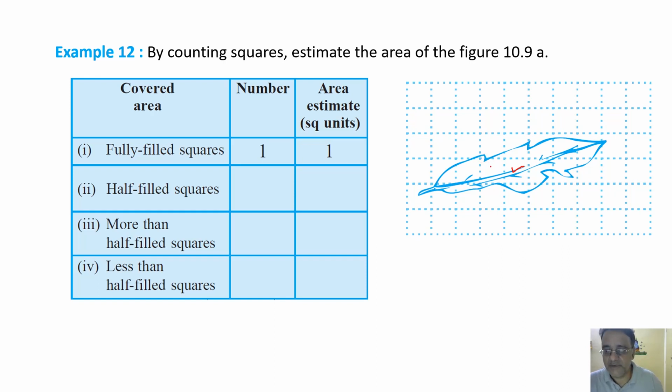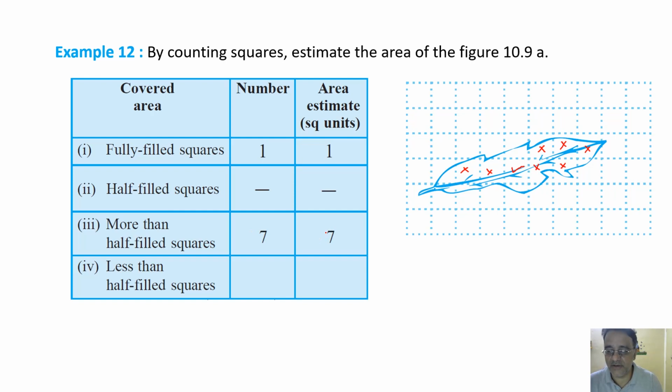Okay. This part we will count as more than half. So chalo, more than half we are going to count. I will put a cross mark: 1 and 2, 3, 4, 5, 6 and this is 7. So total 7 है. Okay, half filled is not a single one, so it is dash, and more than half filled squares is 7,